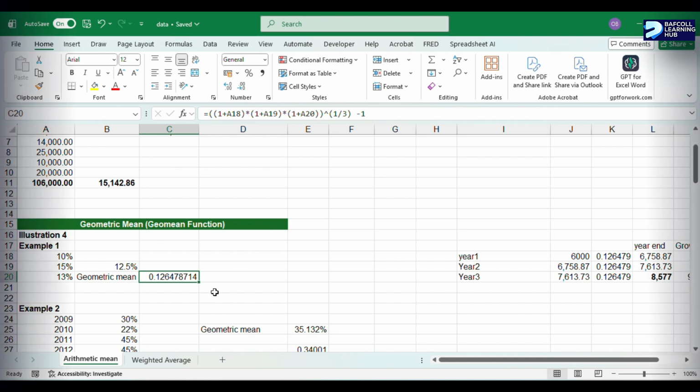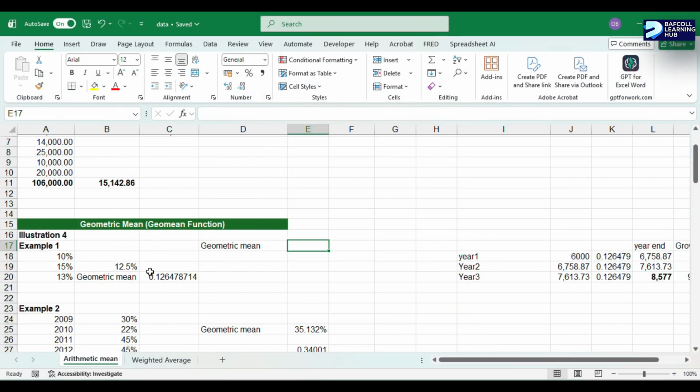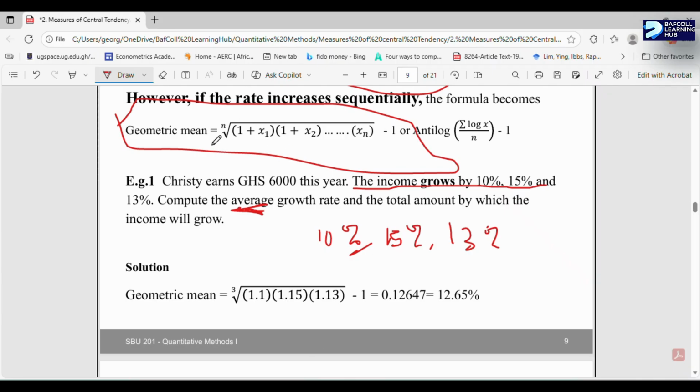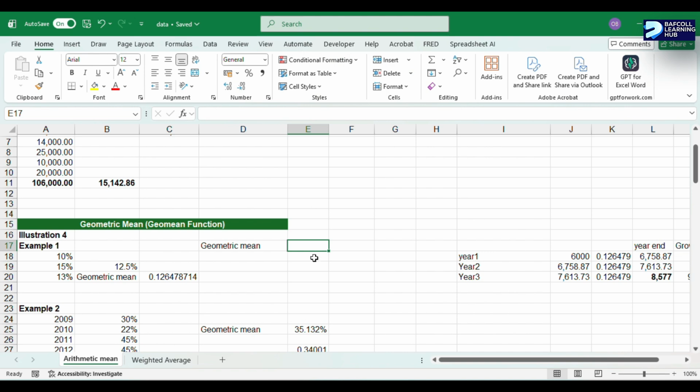Let me do it once again over here. After using this GEOMEAN, let's also write an equation by using the formula that we are aware of, and let's see if we get the same answer. So we're going to write this formula over here in Excel. In writing my formula, equal to,